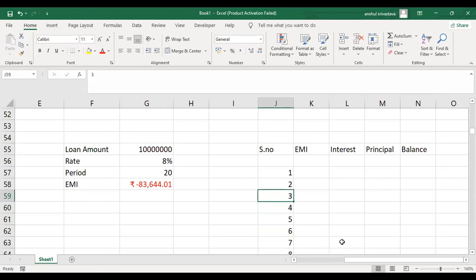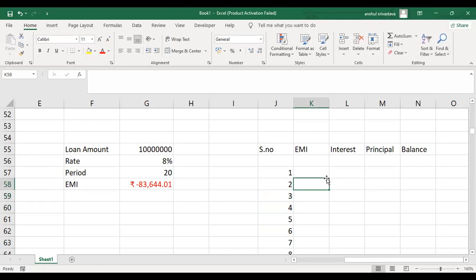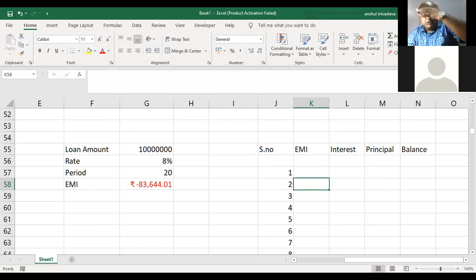So we are ready to make an amortization schedule of the original loan. I mean, loan refinancing I will see later. But let's make an amortization schedule of the original loan. Everybody with me till now? Observe very, very carefully, because this is a 240 rows calculation that we are going to do. This is a calculation which most of the people have seen happening. If you are able to do this quickly, this amortization schedule will help you solve other problems also.